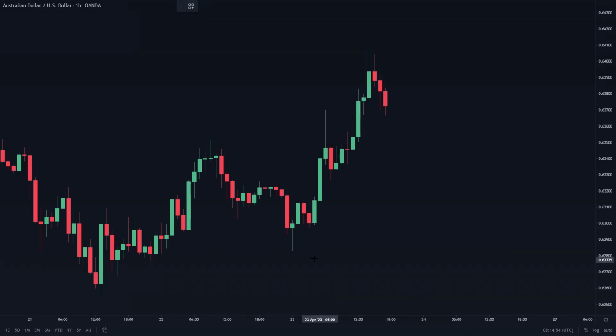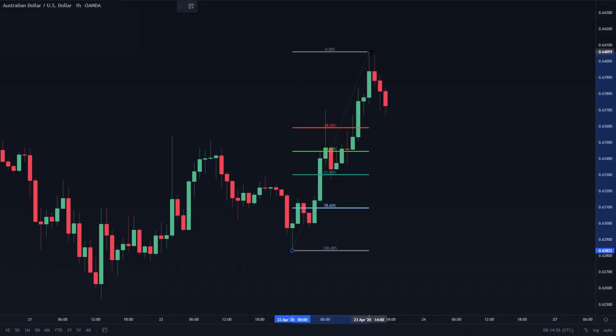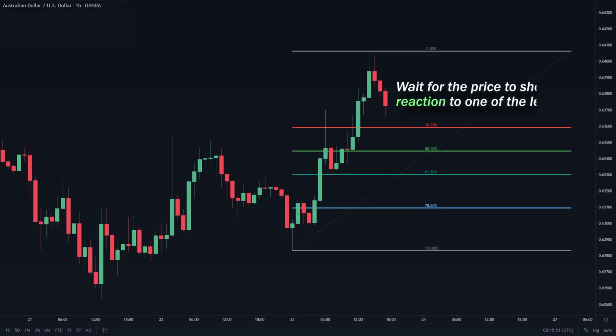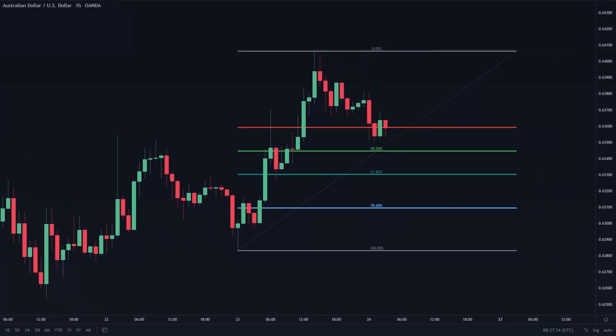And again, you connect this swing low to the swing high and drag it to the right to extend the levels. Now the next step is to wait for the price to show reaction to one of these levels. And as you can see, the price made a pullback towards the 38.2% level and showed a slight reaction as seen by these three candles